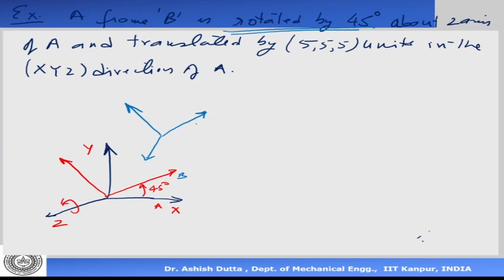Okay, so my frame B has gone there now, and this is the distance, 5, 5, and 5 units in the x, y, z directions of A. Okay, now we are told that there is a point P here which has coordinates. Let's give it some coordinates. Let's again say it is 2, 2, 2. So BP is equal to 2, 2 and 2. Okay, these are the coordinates and you're asked to find what is AP. Sorry, so P in terms of B is given this. Now you find this coordinate.